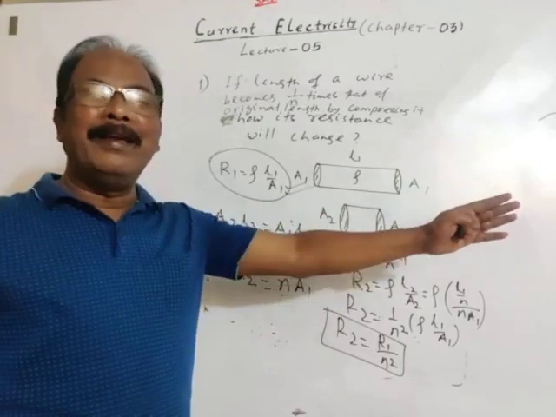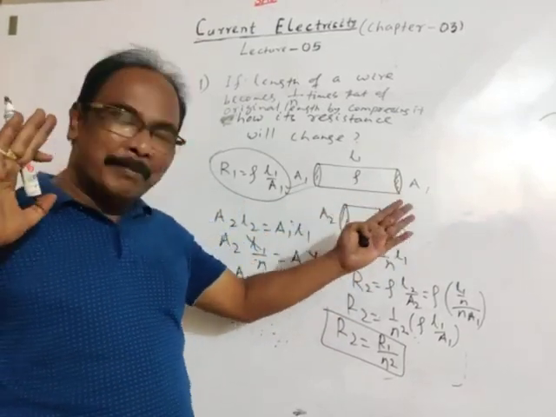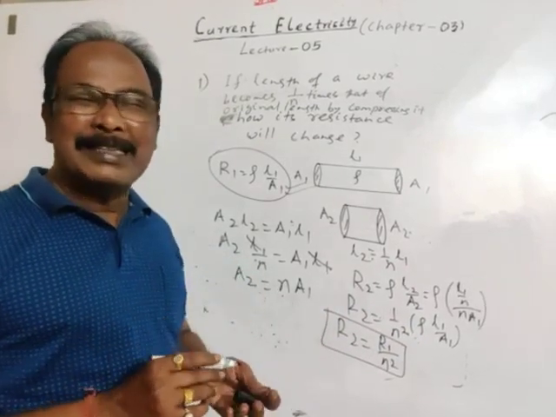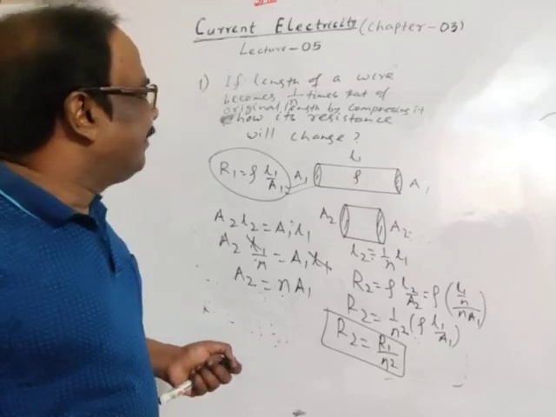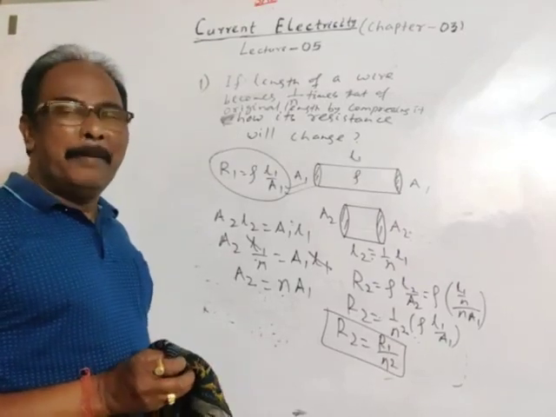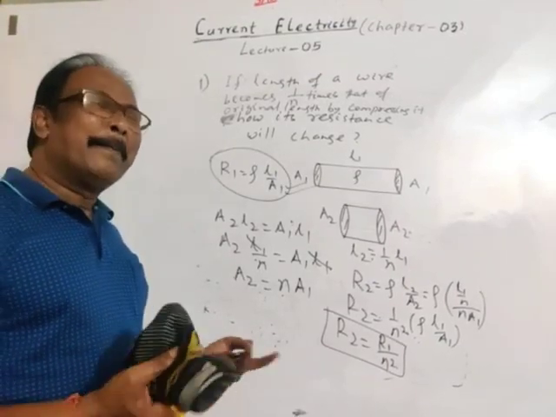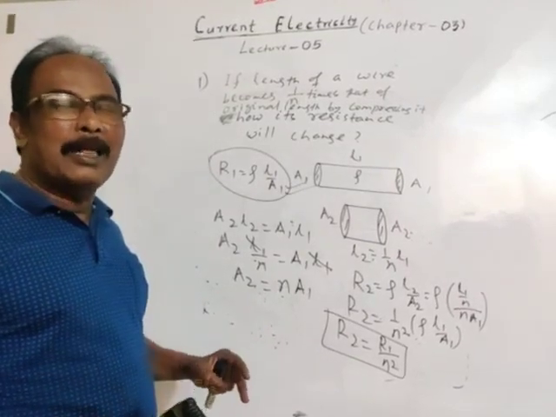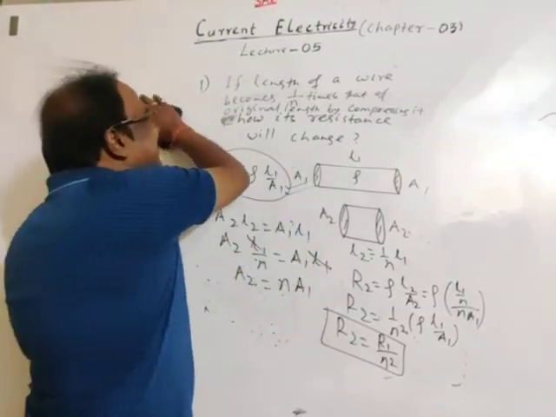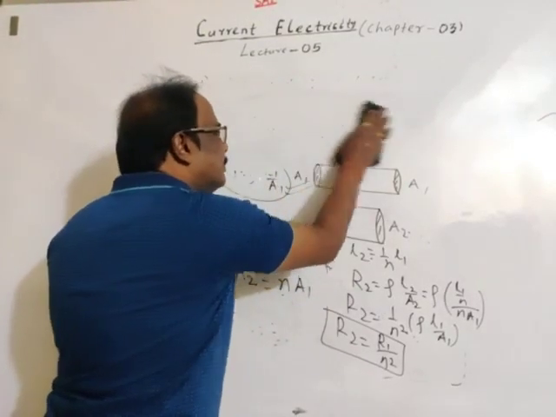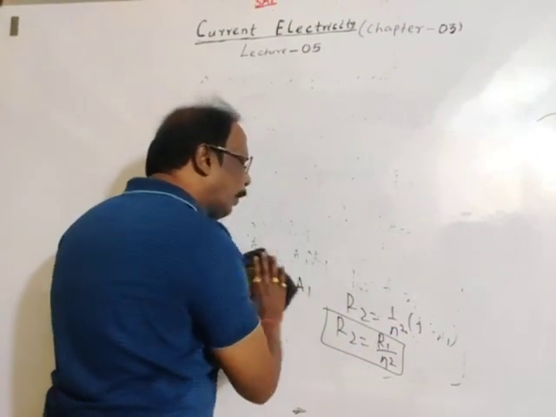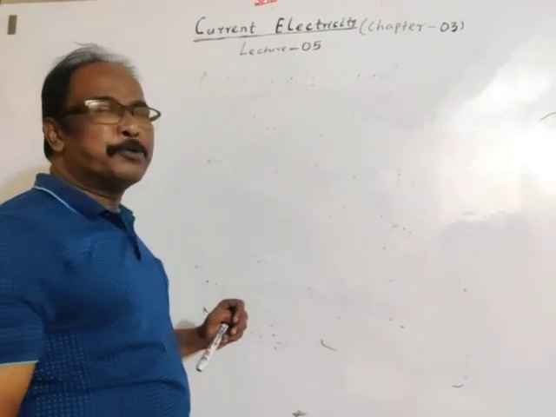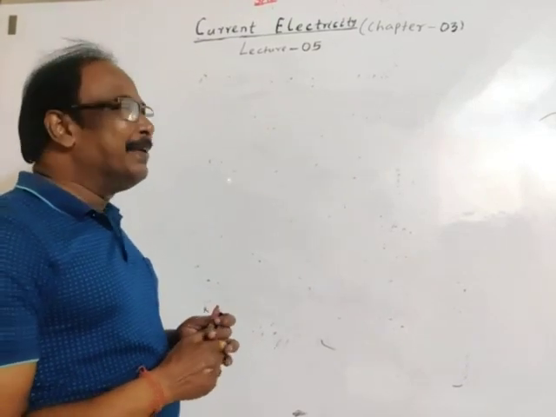Length may increase by stretching or decrease by compressing. This is about length, just have these short tricks. Then about change in area of cross section, it may be due to change in radius or diameter of the cross section. These are very simple numericals, applicable for your board range questions, and finally we will approach competitive range numericals also.